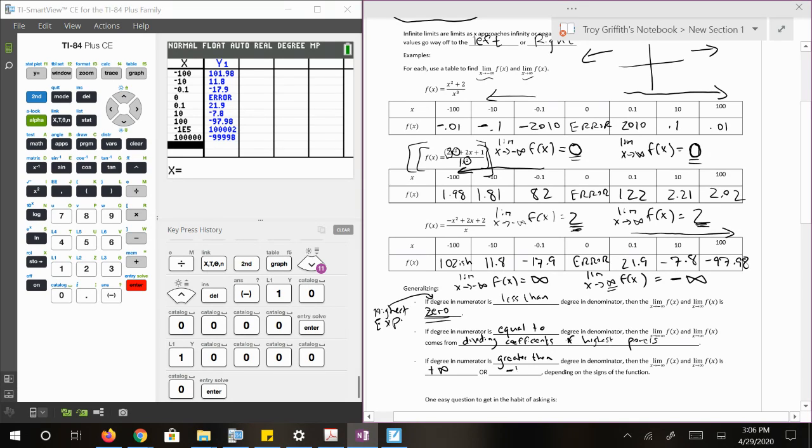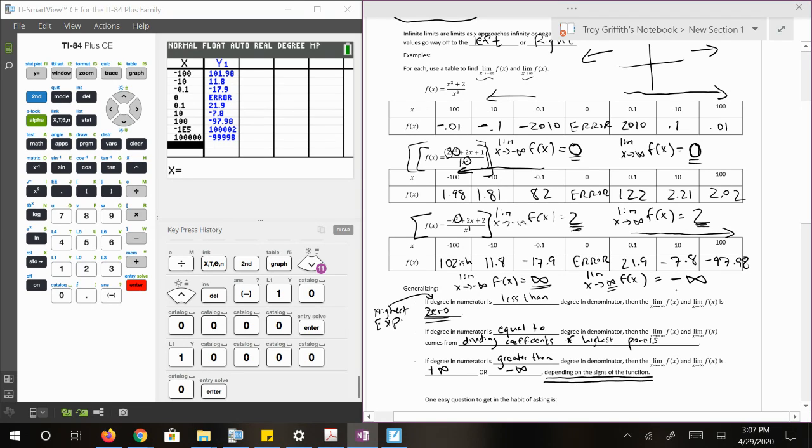But we did see this scenario happening right here in our third example, in which the highest power on top was squared, the highest power on the bottom was 1. So this numerator is greater than the denominator. And we saw that when we calculated these limits, we got positive infinity in one direction and we got negative infinity in the other direction. I'll explain where that comes from with the signs in just a second, but one thing that I want us to think about,